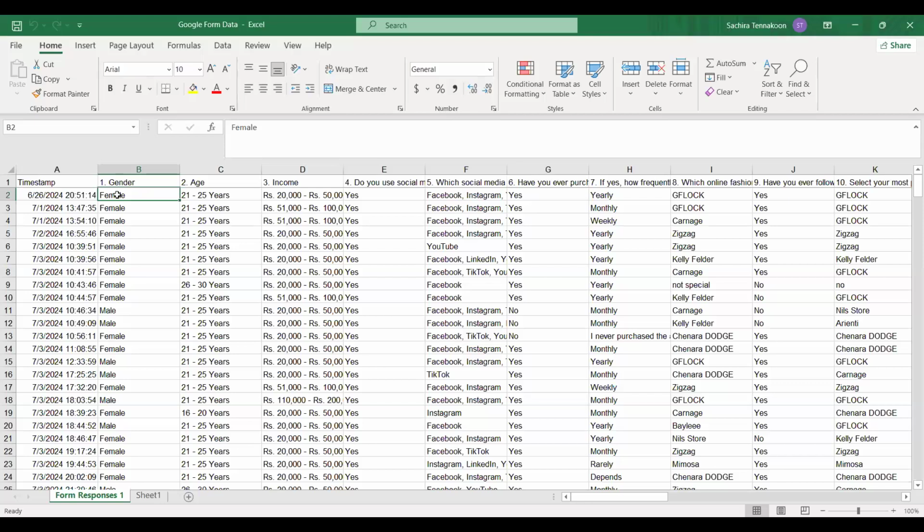Frequency and percentage can be obtained, but not the summary measures such as mean, standard deviation, variation, and all, right? So if you still feel that you need to convert these things into the numeric form, you can do it here.